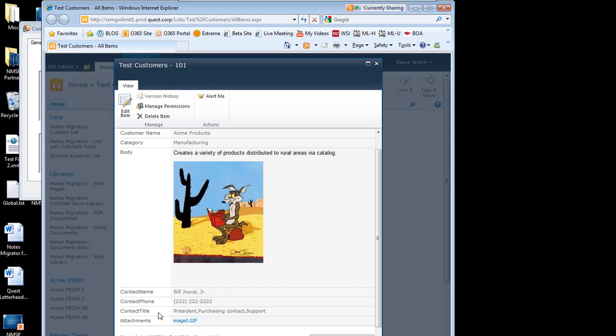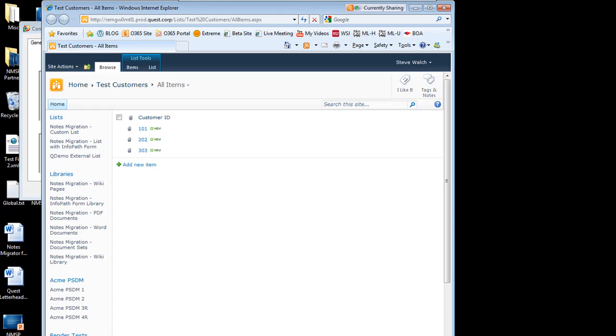So here we chose the merge option for contact title. Contact phone, we put it to a multi-valued array, and contact name, we just took the last one. Okay. So obviously this isn't very satisfying, so we're going to now take it to the next level and do the merge thing. So let's go back to this migration job,